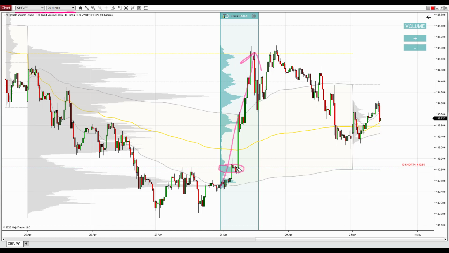nice volume cluster at the beginning of this strong buying activity, of this huge green candle which shows aggressivity of strong buyers, right? So this tells us that this zone is a significant zone for strong buyers. So for that reason, when there's a pullback to this zone, again in the future, that the heavy volume zone is beginning at 132.85, right in here,